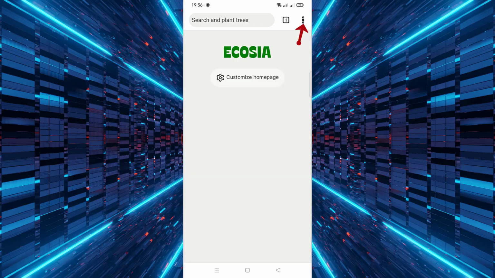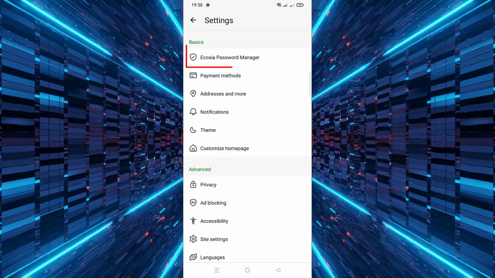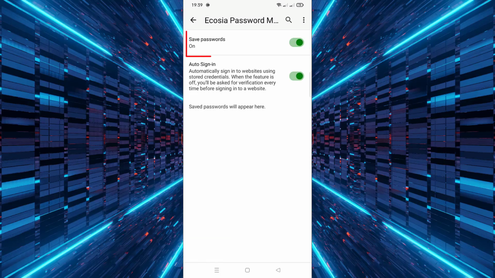Next, tap the three dots located in the top right corner of the screen. Then, from the drop-down menu, select Settings. After that, scroll down and tap on Ecosia Password Manager. Now, you'll see the option to toggle Save Passwords. Finally, switch it off to disable the password saving feature, or turn it on if you want Ecosia to remember